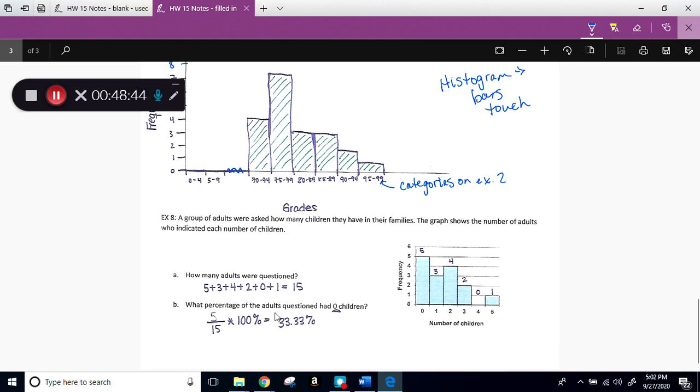What percentage of the adults questioned had 0 children? Now, don't just say, oh, it's got to be 0 because there are 0 children. Well, remember that you can have a family and not have children, which actually I knew one couple that I